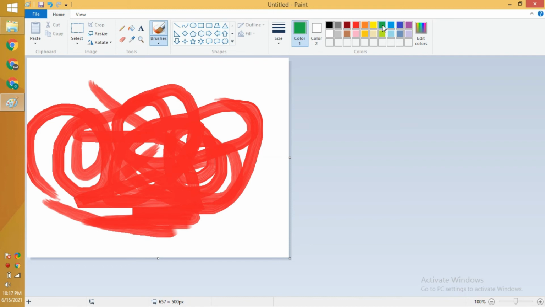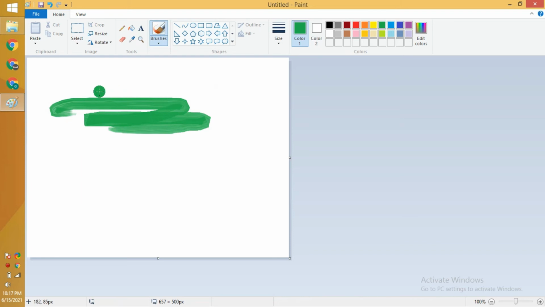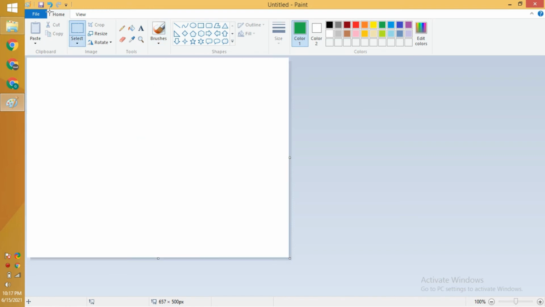Let's suppose I want to turn it to green. I will select the green color and I will drag it like this. You can see it is really looking very beautiful, like plants, flowers, or plant leaves. What will I do? I will select all and just delete, and this was part number 2.